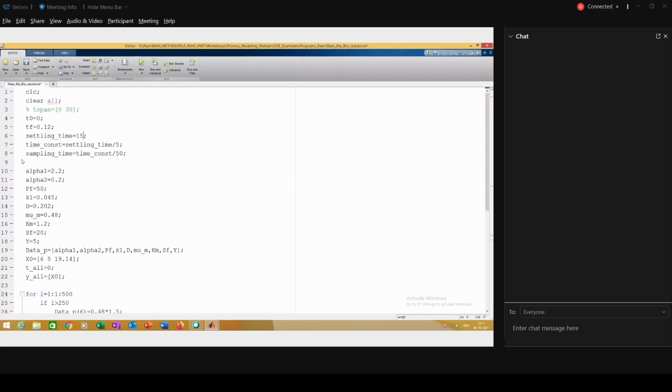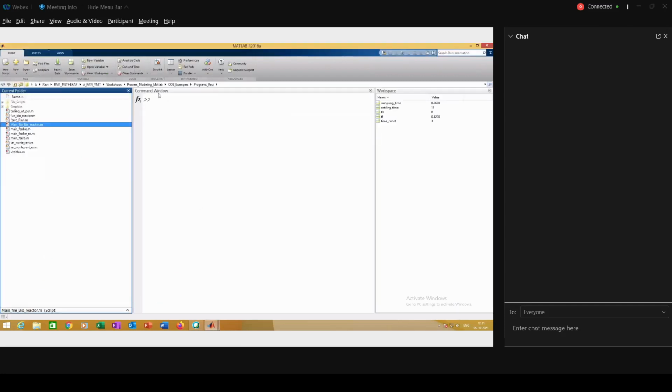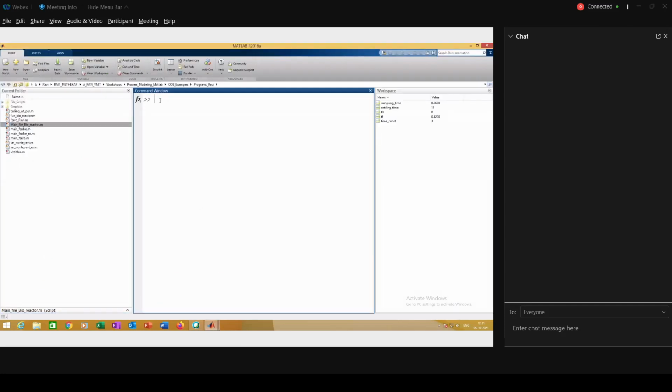So according to this, what's your sampling time? The sampling time is 0.06. So I need to find out the time index, the for loop index.